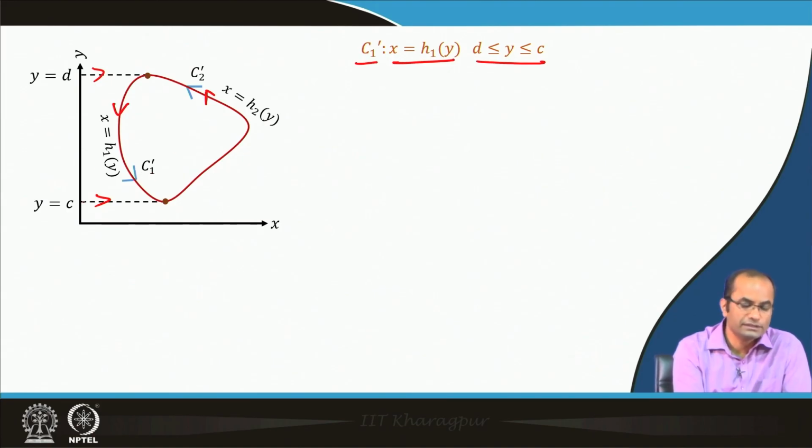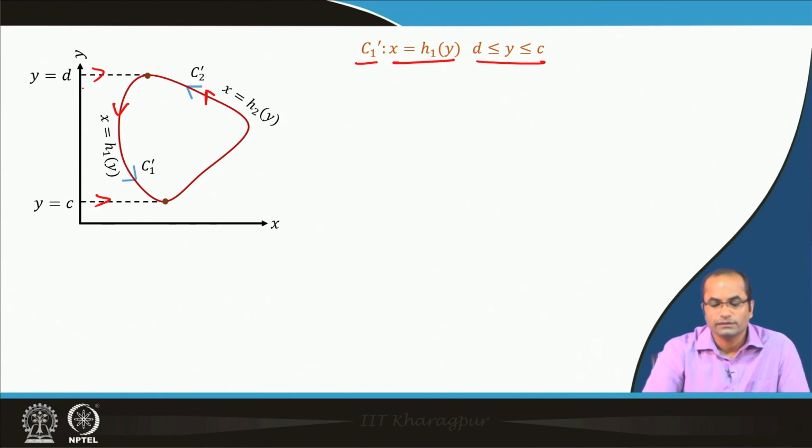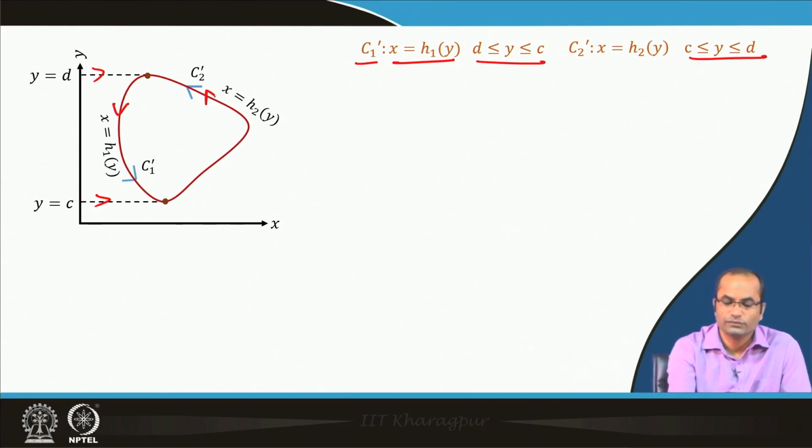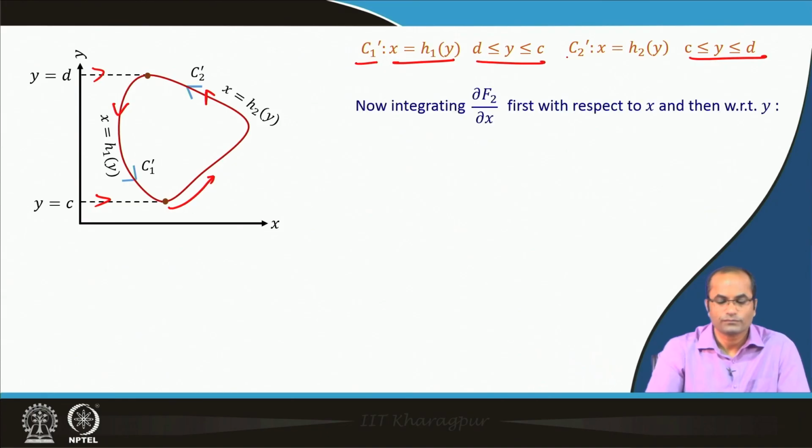So, here y varies between c and d. So, y is bigger than c and less than d, and similarly here y again is between c and d for the C2 curve as well, but here it goes from c to d, the other was d to c. Okay, well, so now we integrate this partial derivative of f2 with respect to x